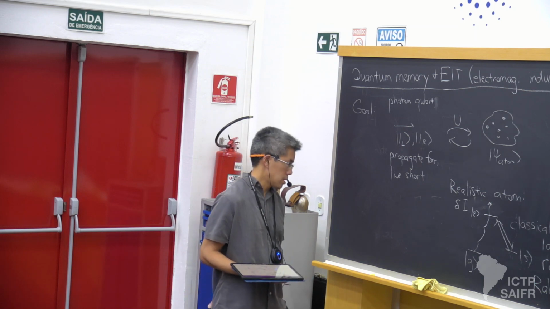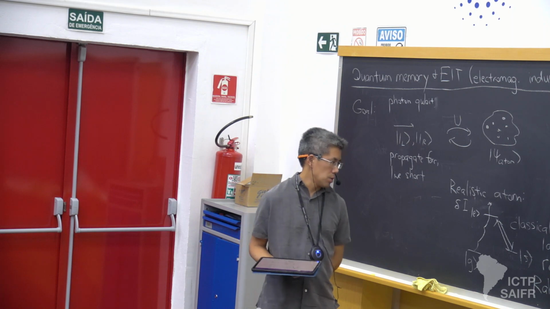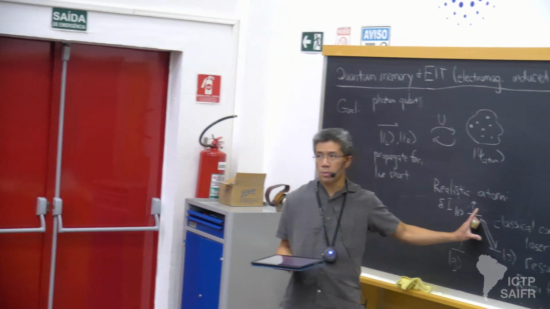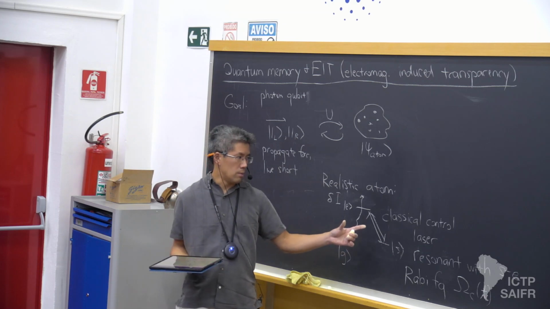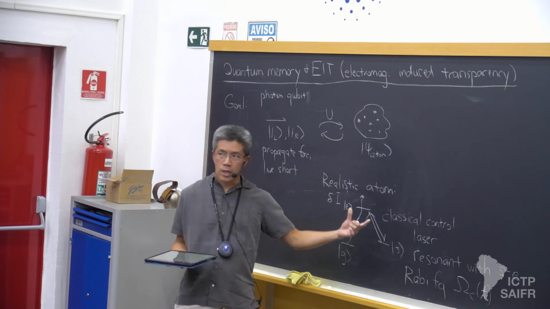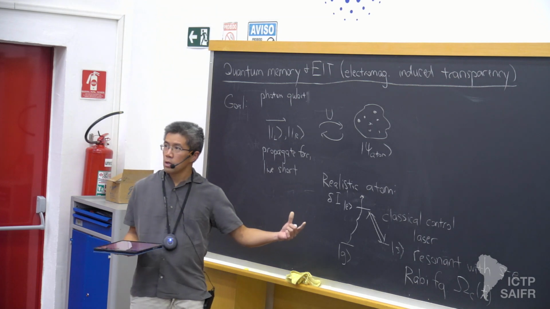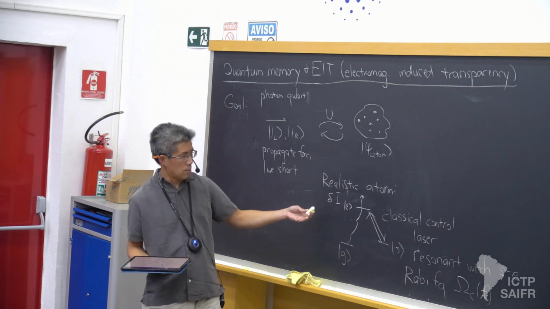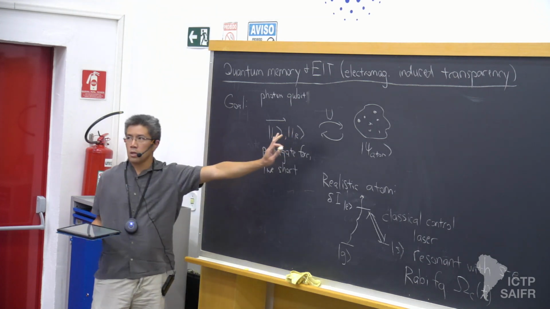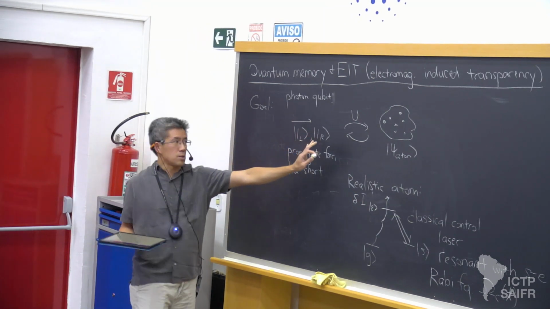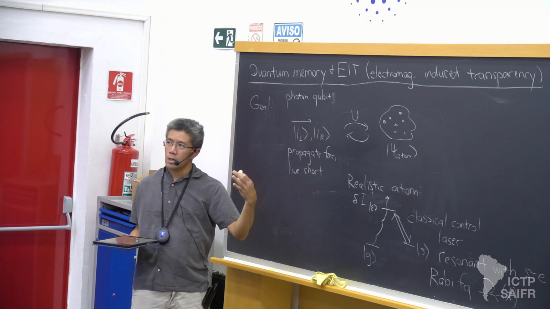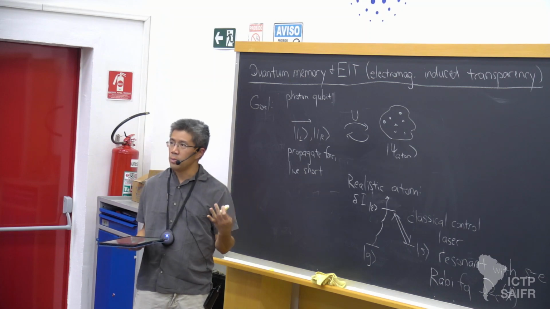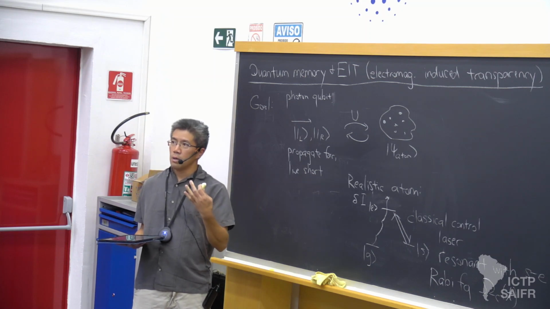So practically, it's a classical field. In practice, this is just going to be some field with a giant amplitude. A classical laser is sufficient because this quantum memory is a passive operation, in the sense that ideally it doesn't generate any entanglement or additional quantumness beyond what you sent me in the